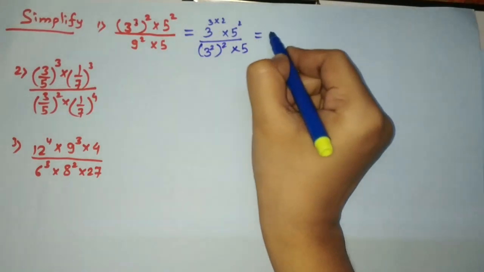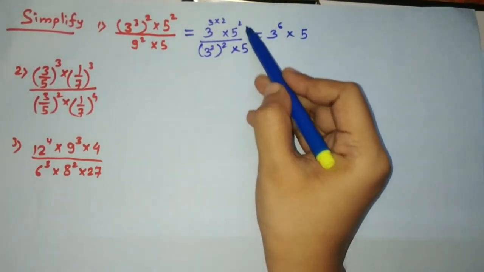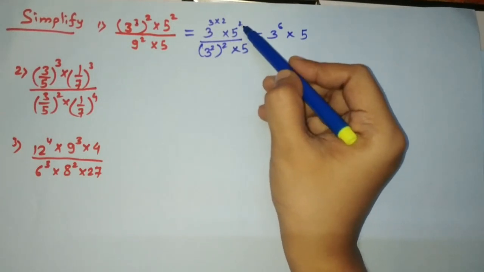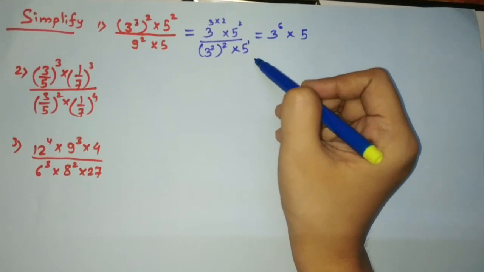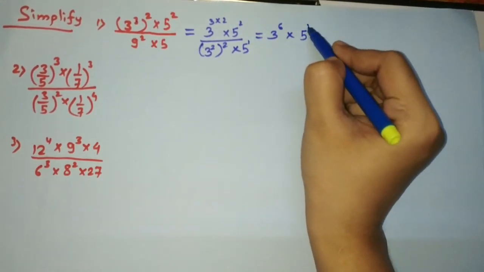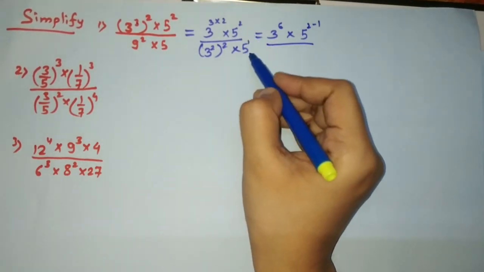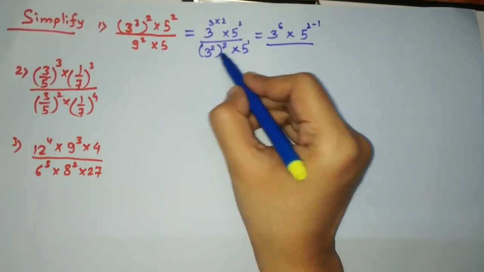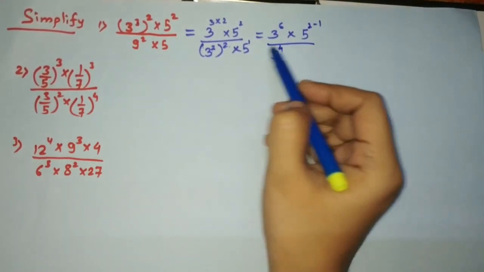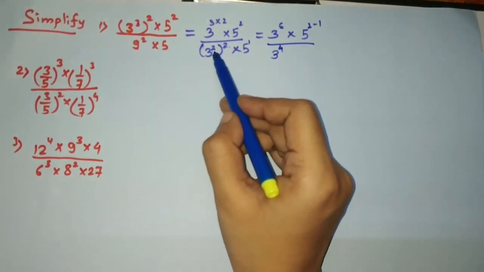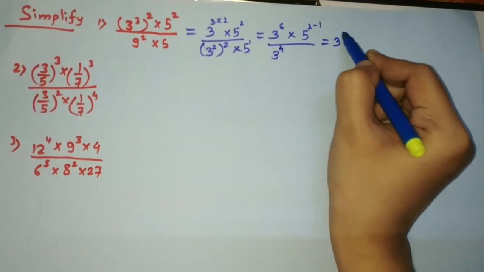So now here 3 to the power 3 2s are 6, and here into the 5 to the power. Friends, just look at here. Here I can use the law. Here 2 is there and here 1 is there. So 5 square divided by 5 to the power 1. I'll do the subtraction 2 minus 1. 2 factors are there and downside 1 factor is there, so we are going to cut it. And here 2 to the power 4. Why? Because power of power means you need to multiply the power. So we'll write it 3 to the power 6.